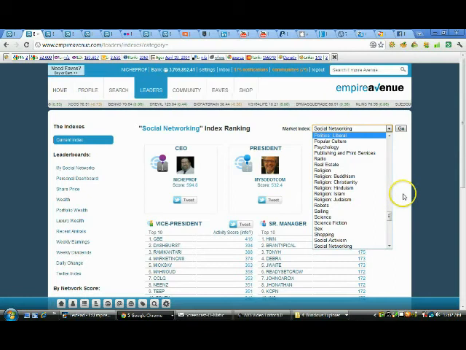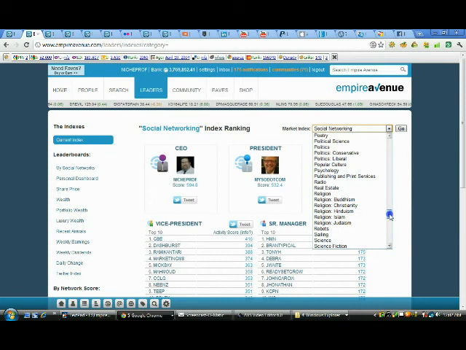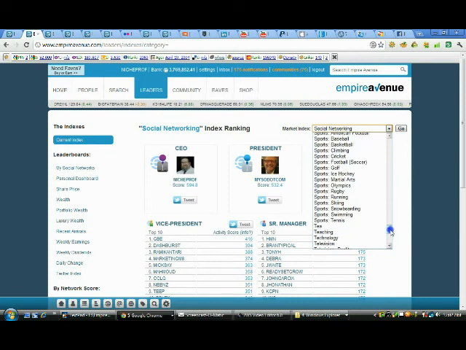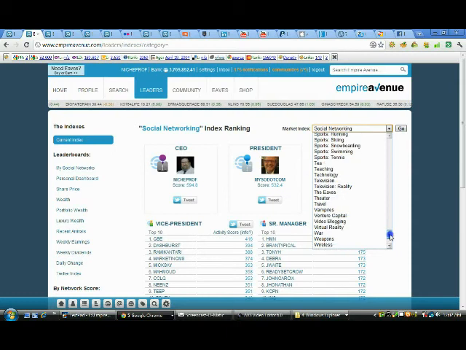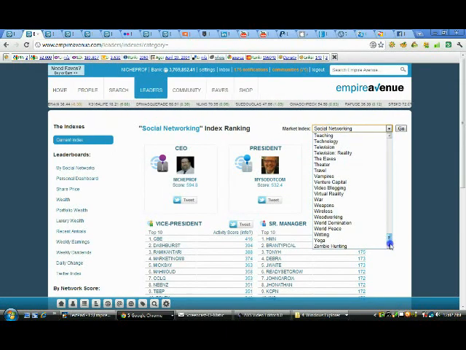And there may be some of you that want to be in social activism. Some of you may want to be in real estate. You may want to be in tea or teaching, or maybe zombie hunting.